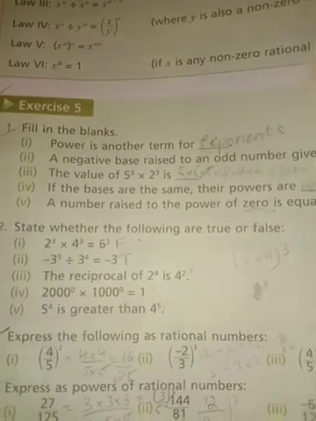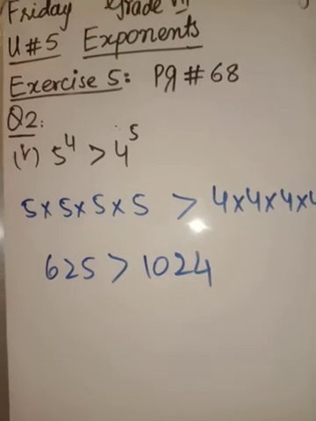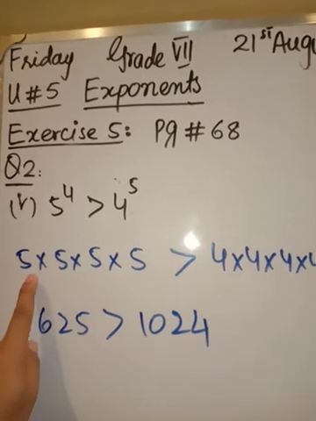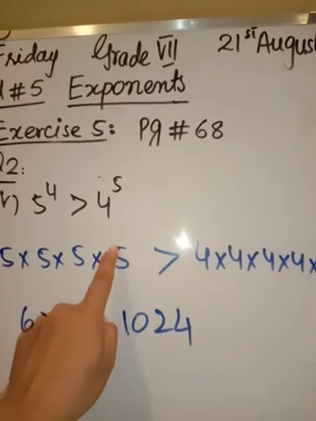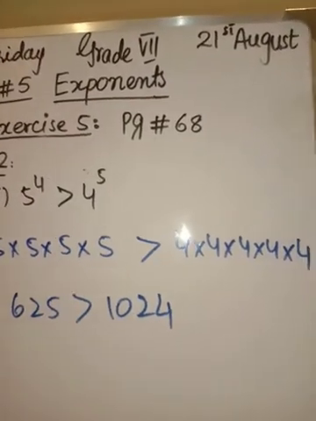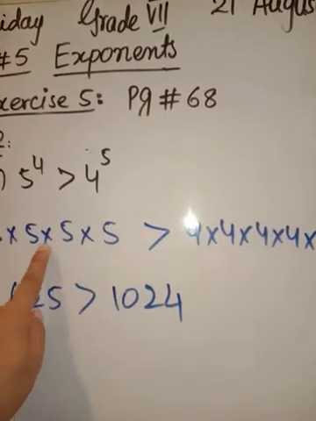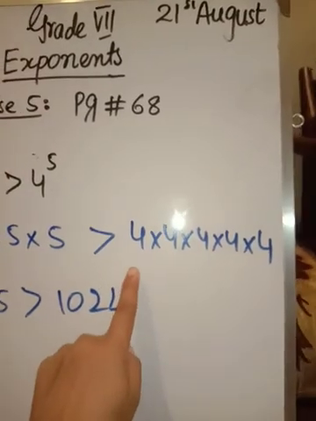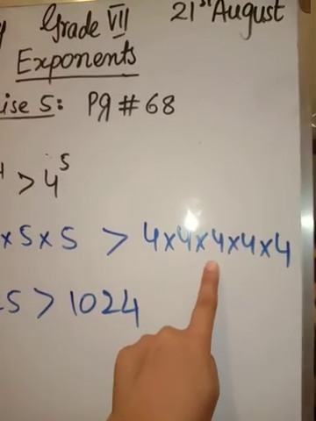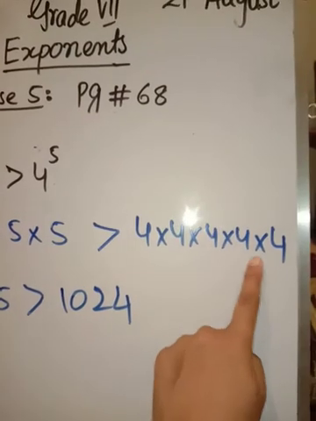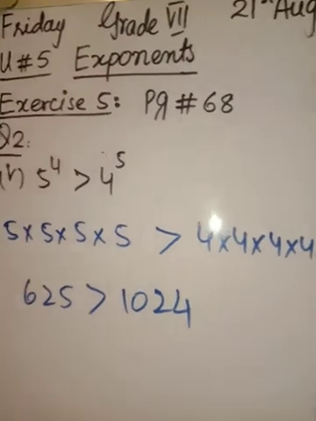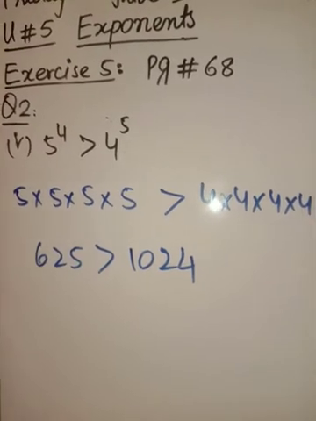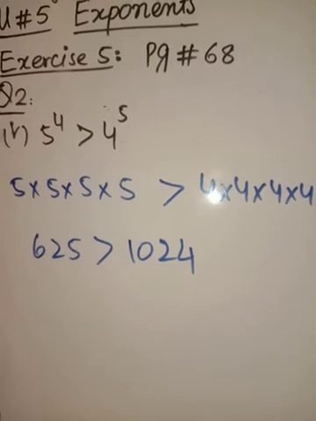5 to the power 4 is greater than 4 to the power 5. Let's have a look. Let's check it out. We have 5 raised to power 4, then multiply 5 4 times, 5 5 5 5, and 4 raised to power 5 means multiply 4 5 times. You got 5 5s are 25, 25 5s are 125, 125 5s are 625, and 4 4s are 16, 16 4s are 64, 64 4s are 256, 256 4s are 1024. So 625 is greater than 1024. It is wrong. So you will write false in option number 5 of question number 2.